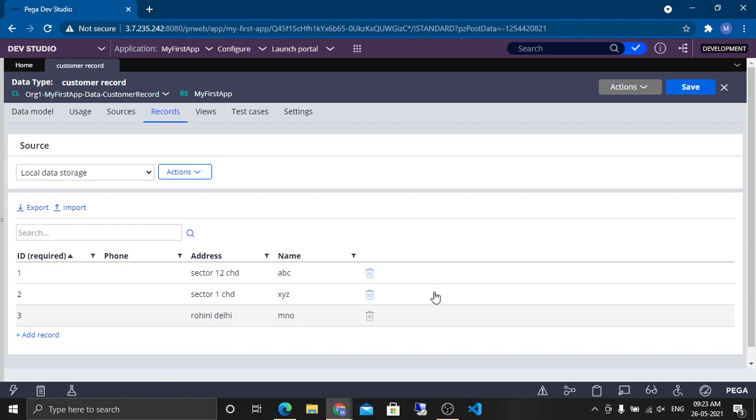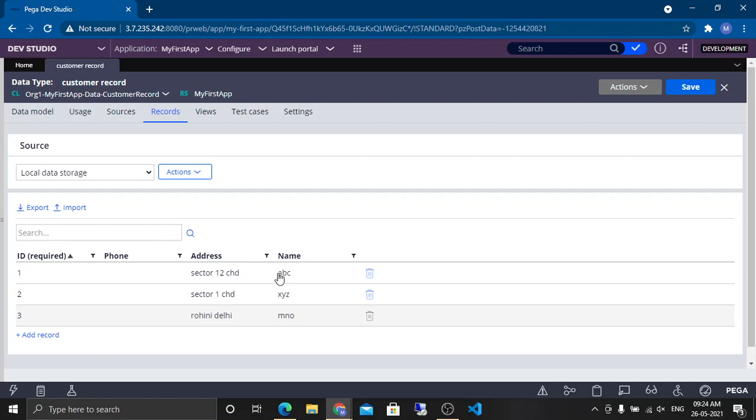So it will be a very basic requirement to have a workflow. And in a particular screen, I will fetch some data based on some ID. Maybe I'll put a drop down for ID. And if I select 1, this data will be fetched to the case. If I select 2, this data will be fetched. This we have already done, right? So suppose he selected 1 and this data is fetched.